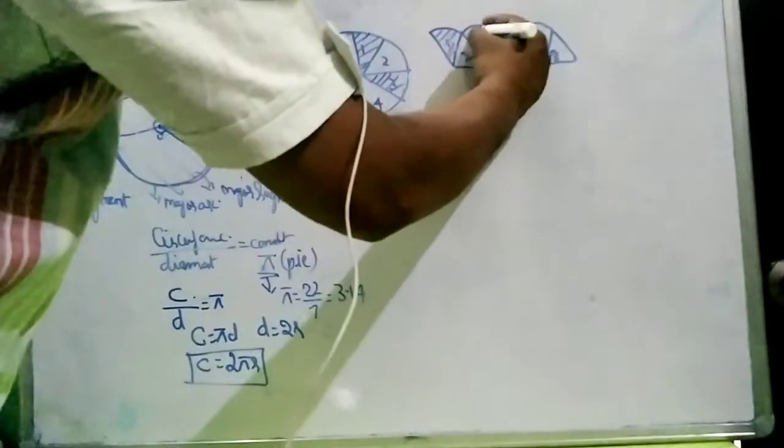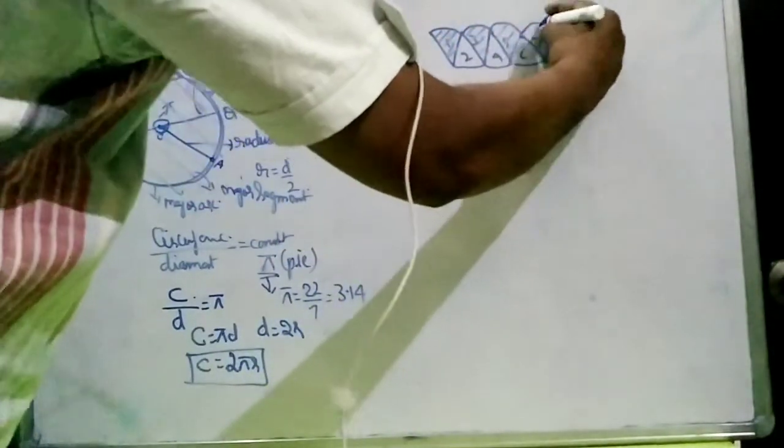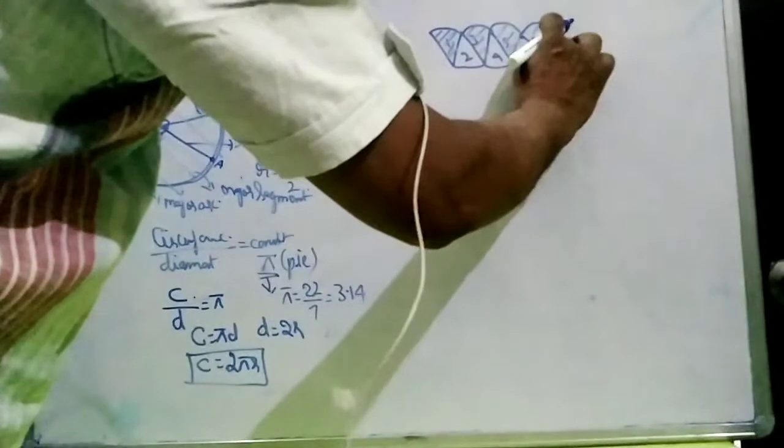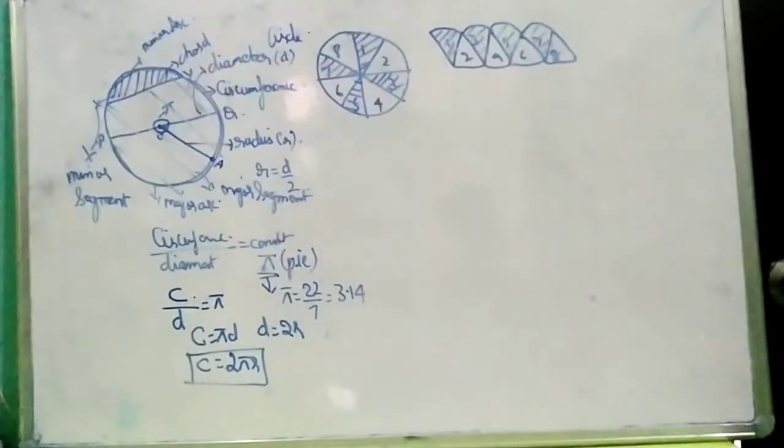The first, third, fifth and seventh parts are shaded, and the eighth will remain as it is. If you see this, you will find that it is in the form of